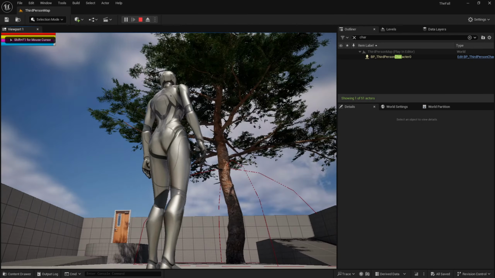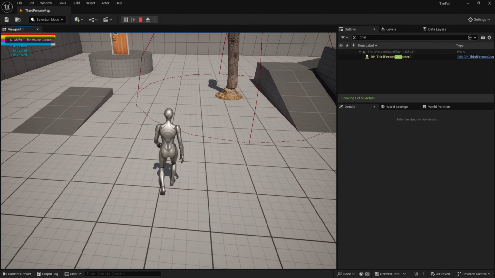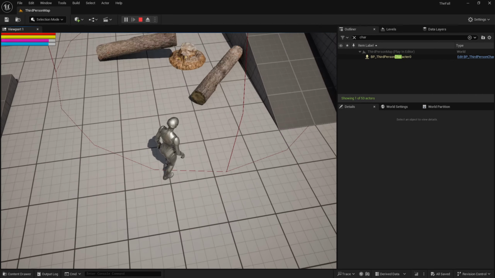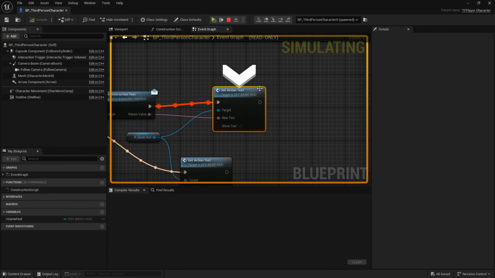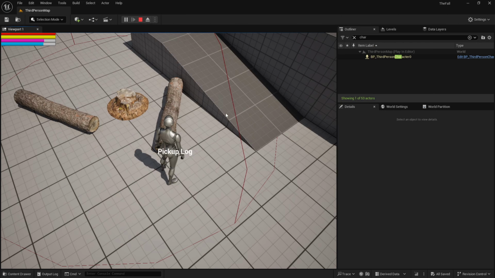And hopefully this time we should actually see pickup log. And it's going to throw a breakpoint. But yeah, let's turn that off. Continue. Move this out of the way. Come on. There we go. So this is where